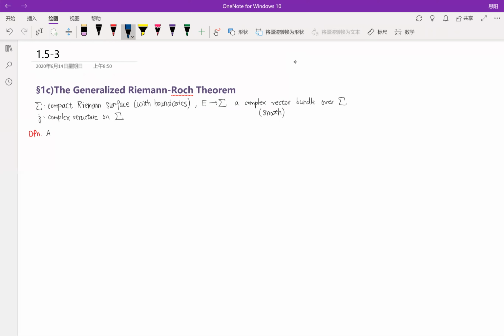The first order differential operator seems to be a combination of vector field and endomorphism. There are many equivalent definitions. One is the global section